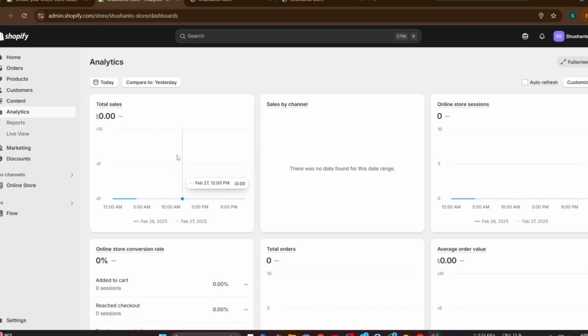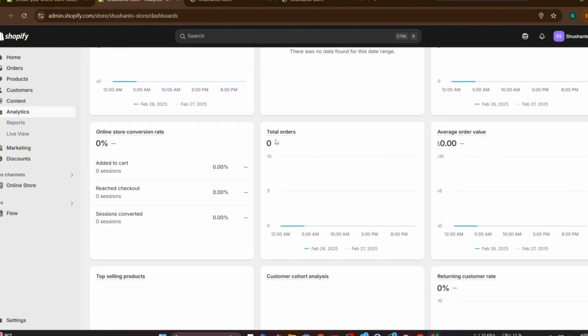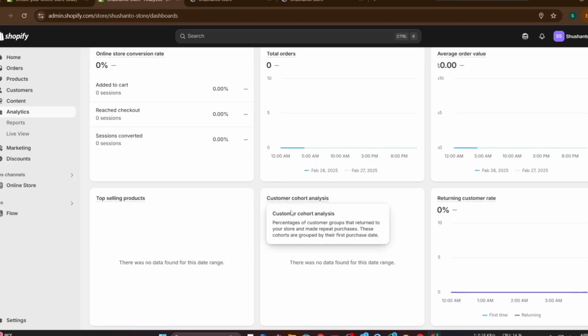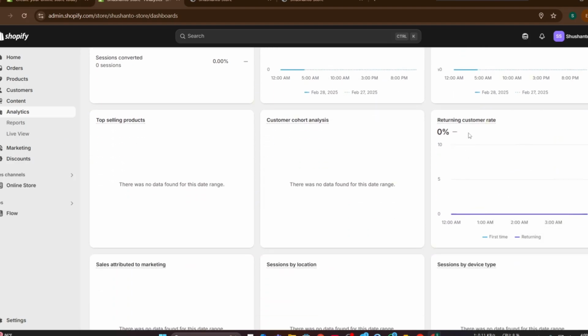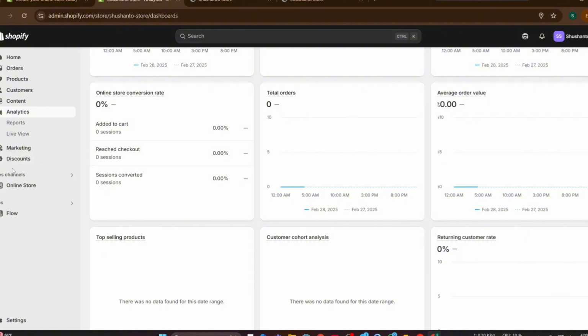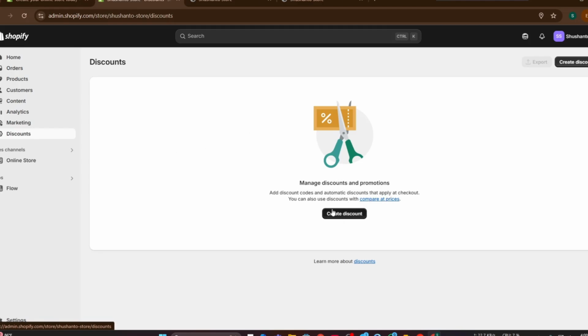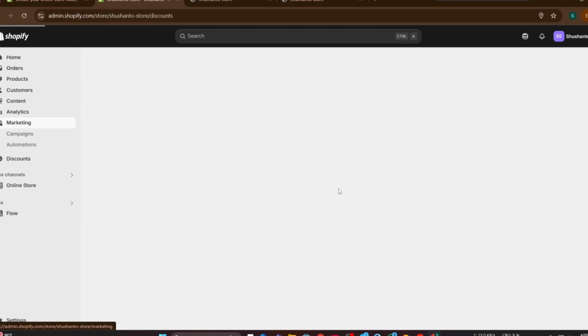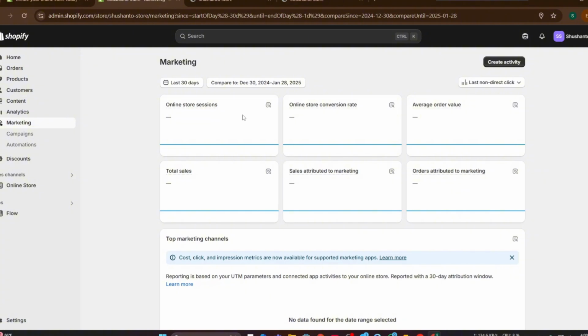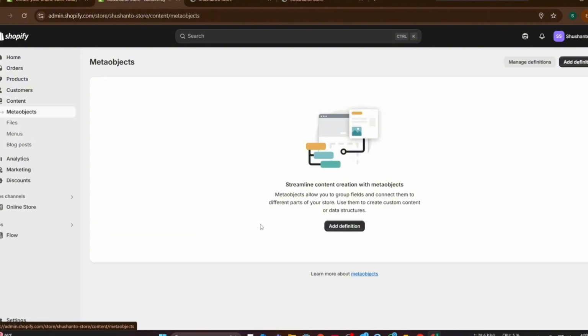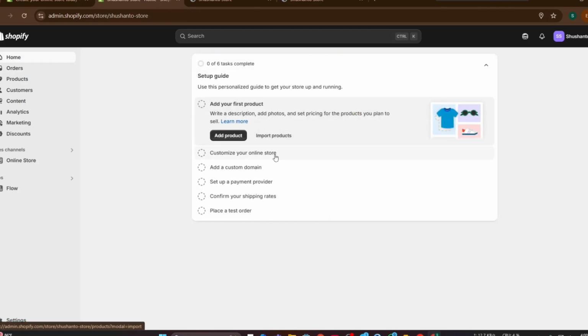Okay, if you click analytics, you may see here your total sales, your total profit, your total conversion rate, and your total orders, your average order value, each and everything you can see from here. So we will teach you each and everything, and you can see the discounts from here and which discount you want to give to your product, and in the marketing section you may see your total sales and each and everything. So we will teach you each and everything through our